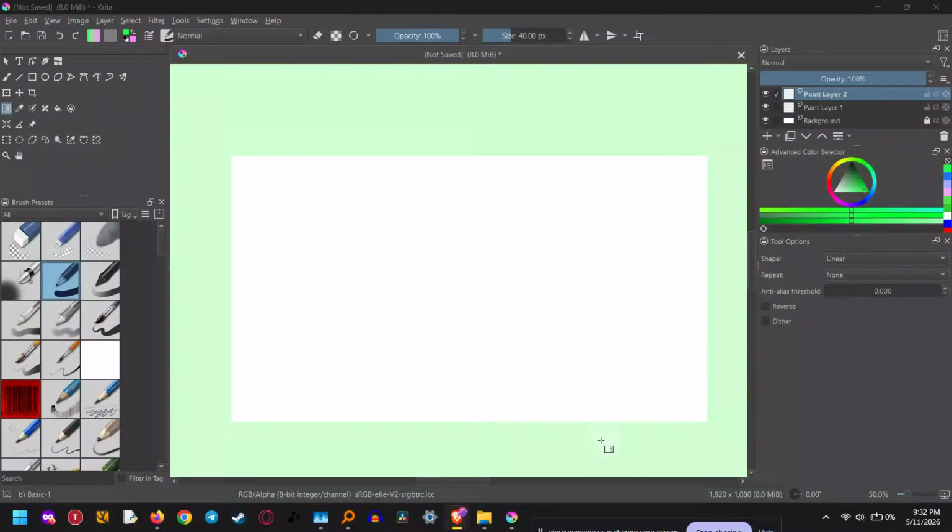In this video, I'm going to show you how to use the rectangle tool in Krita step by step so you can draw clean shapes quickly and confidently, whether you want simple outlines, filled blocks, or perfect squares. This is a really useful tool for digital art, UI mockups, comic panels, and any project where you need precise